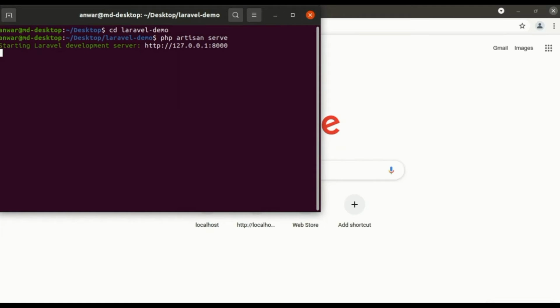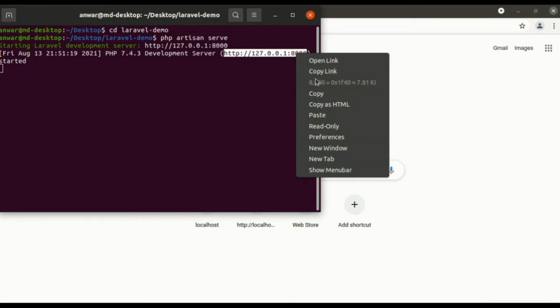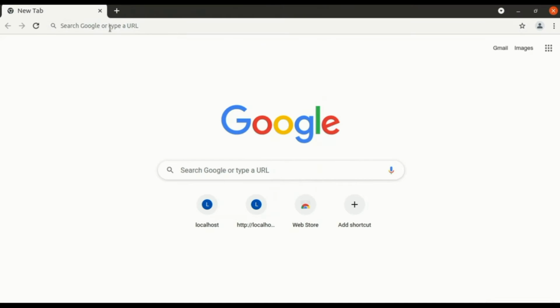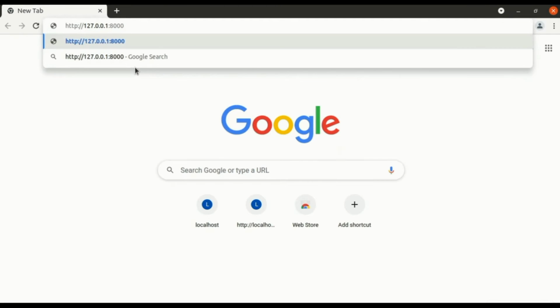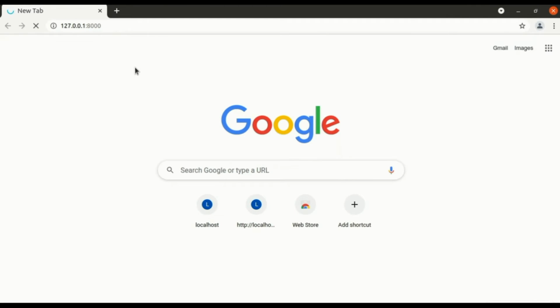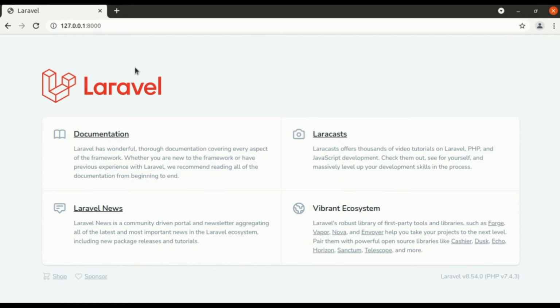This is the built-in web server for Laravel. Now the web server is running. I copy and paste the local address and port, and you can see the Laravel home page.